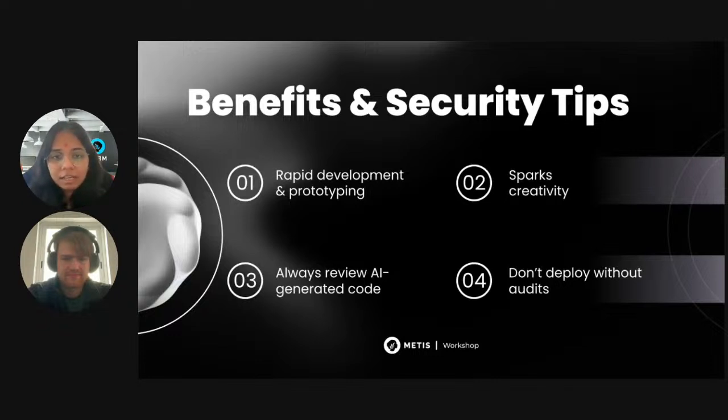This cannot be said enough. For example, one time I had an AI written login route for Express in JavaScript. It looked clean, but it had zero input validation, no checks, no rate limit, it just accepted whatever came in. That's how vulnerabilities sneak in. So reviewing code is very important. It doesn't matter what tool you are using, you have to make sure that you always, always, always cross check and review your code.